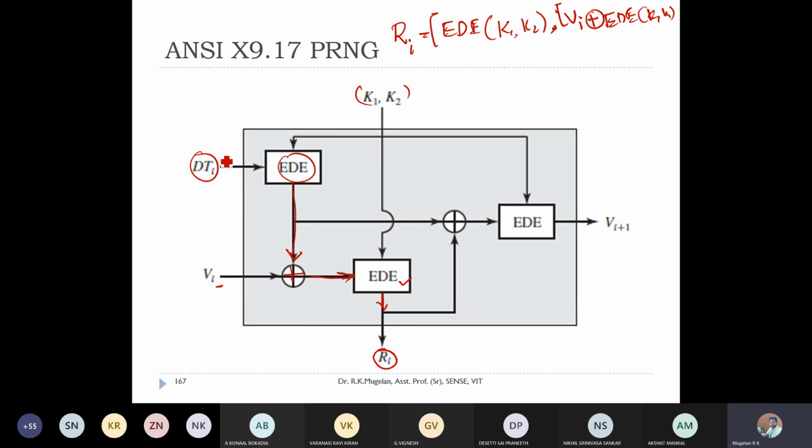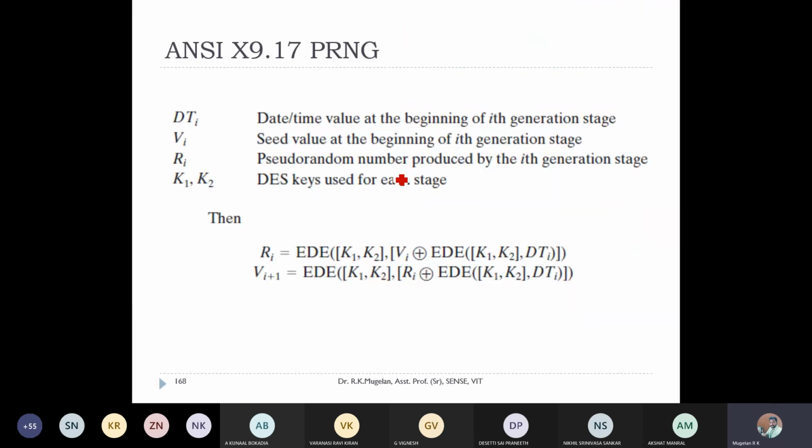This is the output, and Vi plus 1 is nothing but the value you get from EDE of DTi with K1 K2, XORed with the output Ri, and then again EDE with K1 K2. All this is explained here as the mathematical expression of the seed and your random output.